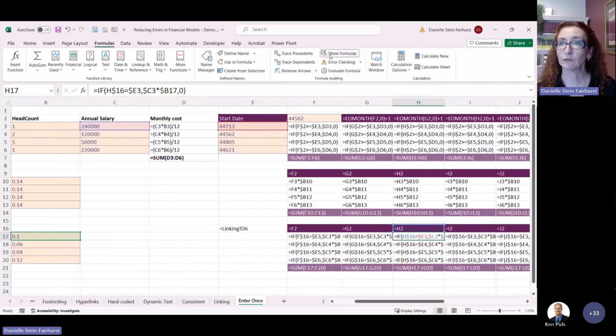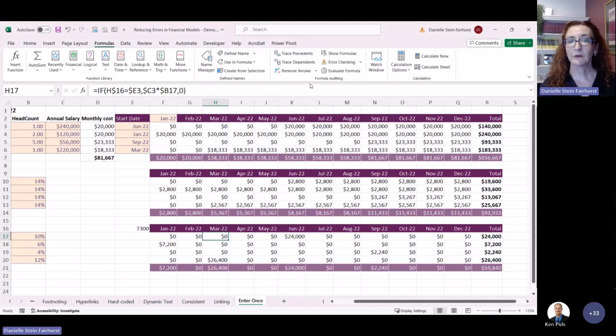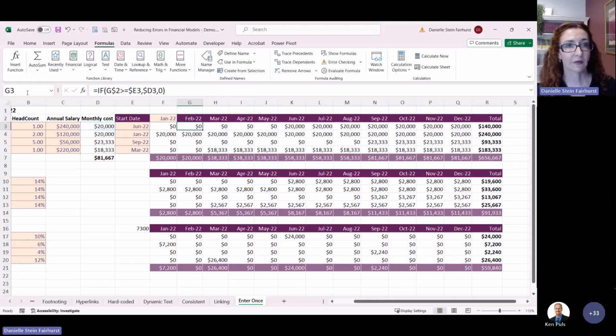That's going to show all of your formulas. You can go into evaluate formula, but I personally prefer to just go into the formula and ask, what is that there? Is that true or false, that section of the formula? Just F9, and you can see that comes up with false, so you can then copy and paste that somewhere else as well. So just a couple of tools that you might find useful.